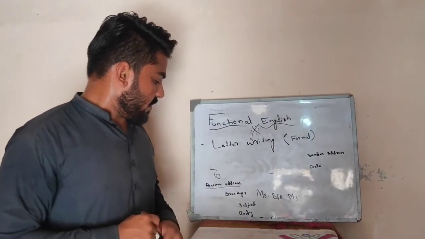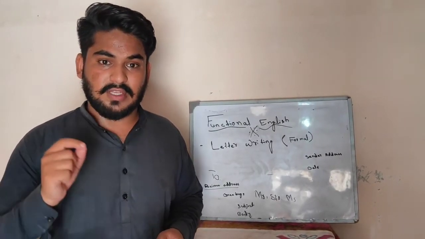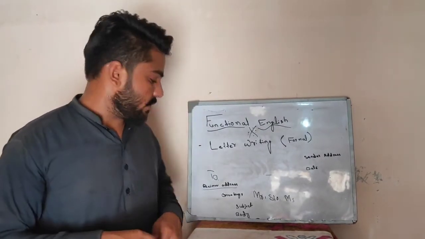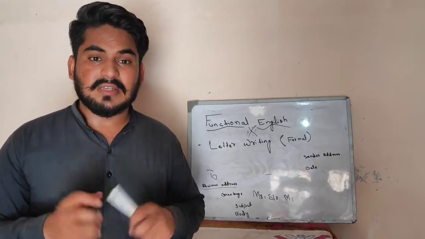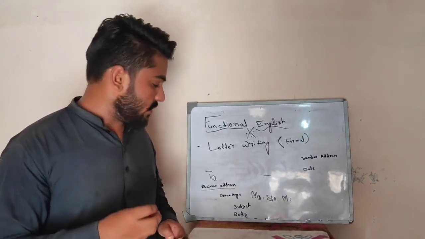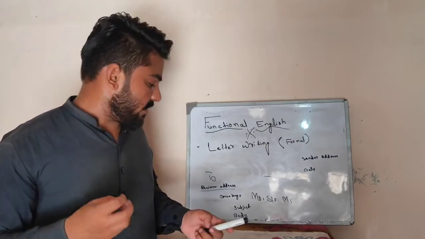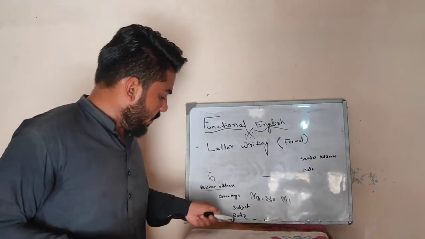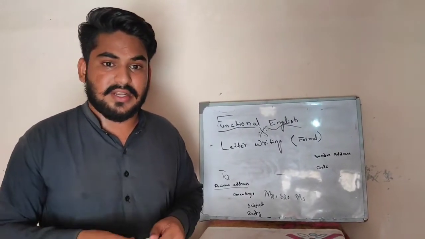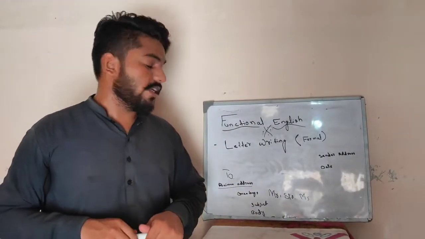Then the subject. The subject is the main purpose, or main point, of the letter, that is, why we are writing the letter to authorities. The main purpose of the subject is that when the receiver receives the letter, he may understand the whole theme of the letter in just one line. Then after that, the body is the brief discussion about the matter or the purpose of writing. So this is all about letter writing.